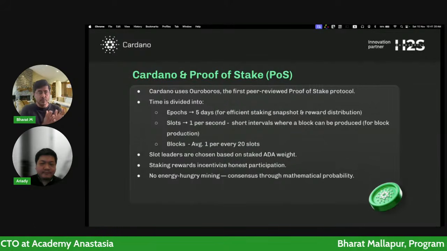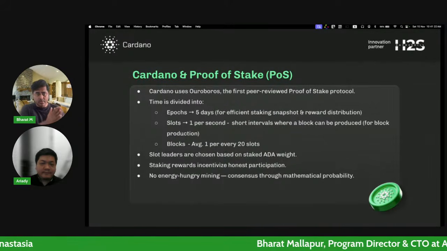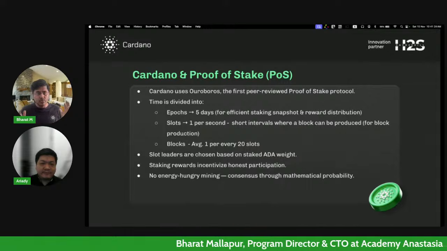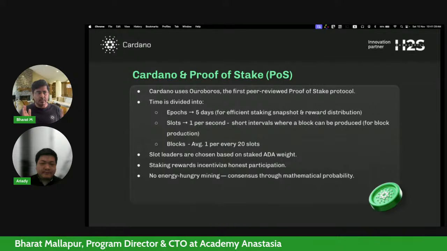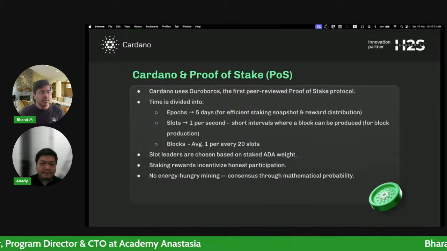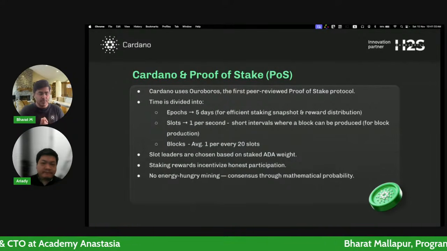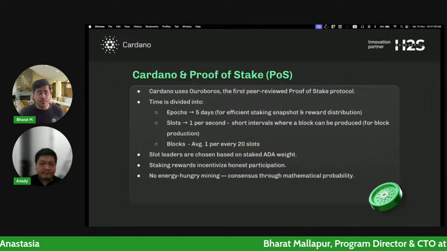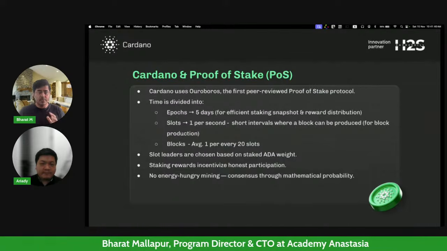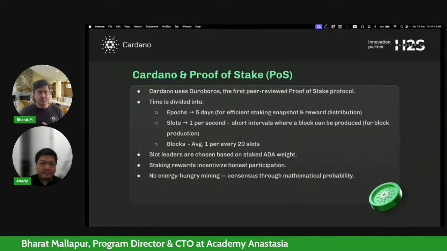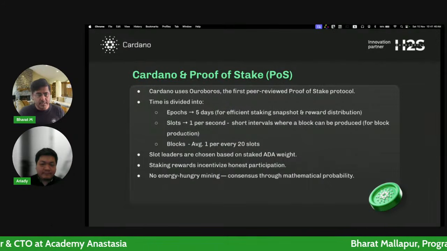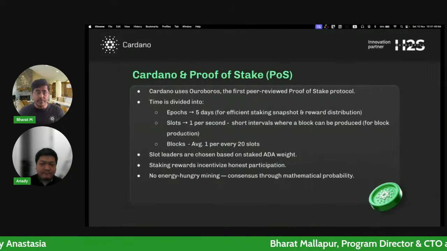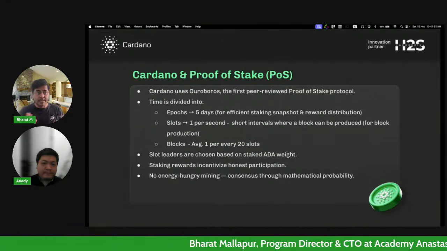So the first thing you will understand is that time on the Cardano blockchain is divided into two major things, right? One is called an epoch. An epoch is basically a time interval of 5 days. And why is it 5 days? Because there's a lot of setup process that happens at the beginning of every epoch, right? Because Cardano does not use locking of stake, which means if you put your ADA for staking, you're not locked in. You can withdraw them, you can transfer them to anybody else at any given time, right?